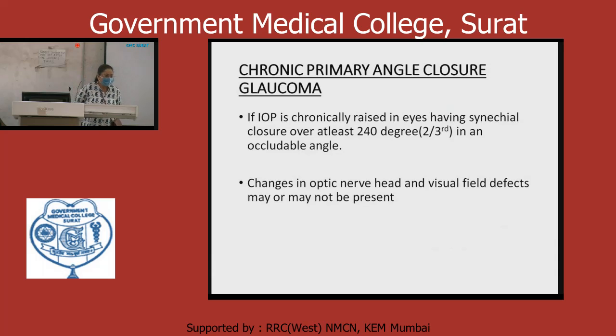So, chronic angle-closure glaucoma, I am just reminding everyone: IOP is raised, more than 270 degrees of synechia, then optic nerve head changes like cupping, nasalization of vessels, and on the field there will be peripheral constriction of the field of vision. This is the last warning to save the remaining vision. So you have to go for AGS surgery. First, conventional AGS you have to try. Only then do we prefer higher-end surgery.